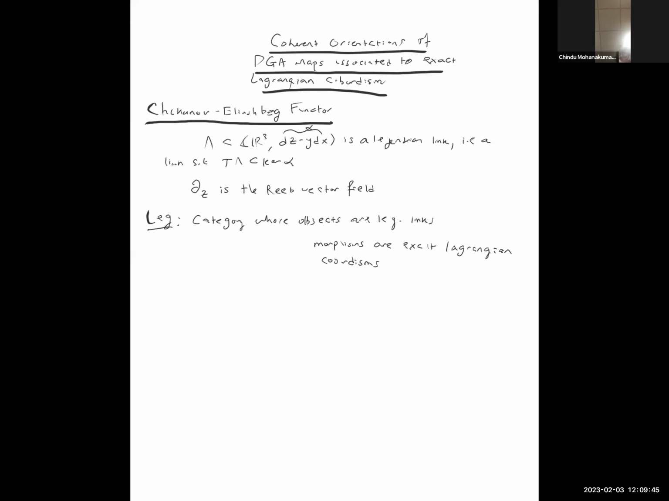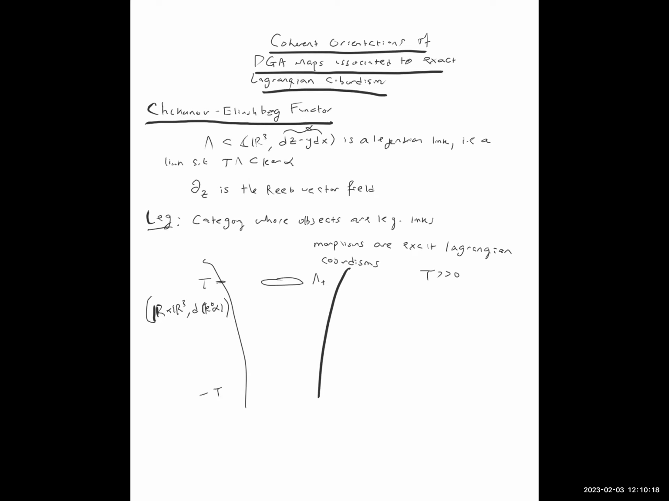So we have the symplectization, R cross R3, equipped with the symplectic form d of e to the t alpha. For a big positive number t, so t bigger than 0, we have that lambda plus is sitting up here. And then negative t,